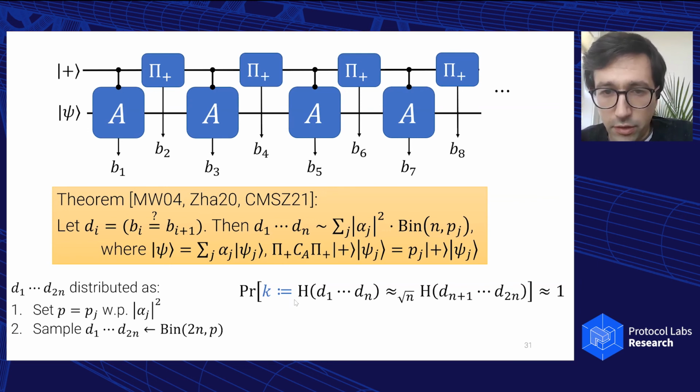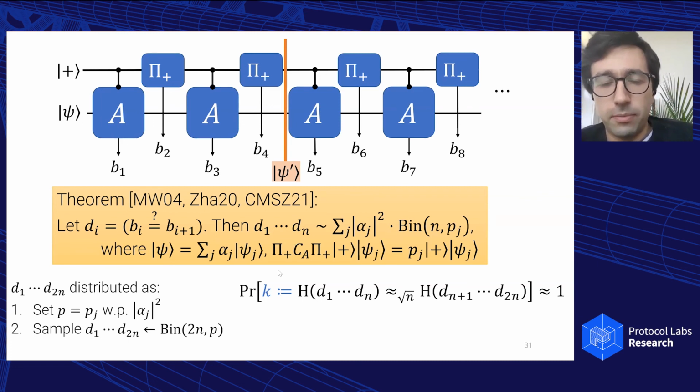So the first n bits and the second n bits, if I take their Hamming weights, they're going to be within square root n of each other. They're going to be really close. So what this means, if you think about how this could possibly happen, is that the state in the middle